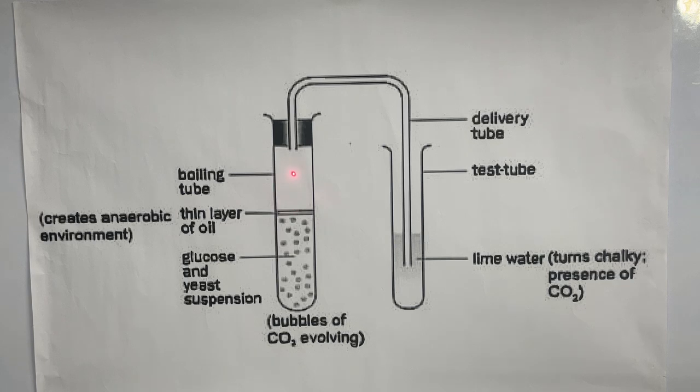In our experiment we should not allow oxygen entry here. So what kind of step do we have to take? We have to put some paraffin liquid here. You can see where I am showing with the pointer, you can see the paraffin layer. This paraffin layer is not allowing outside oxygen to enter into the oxygen-less glucose. There is no oxygen inside the glucose, and no oxygen moving in from outside.